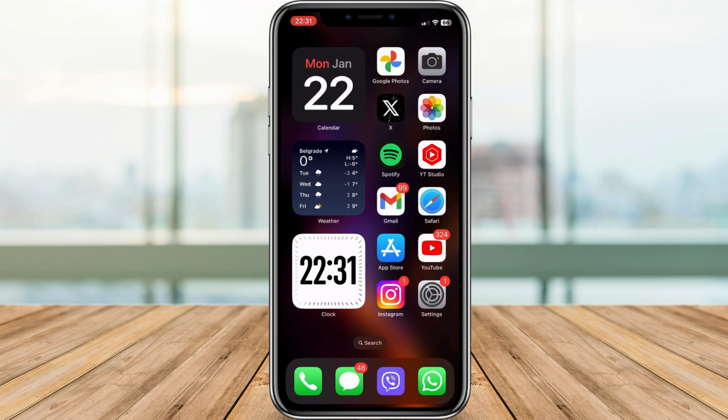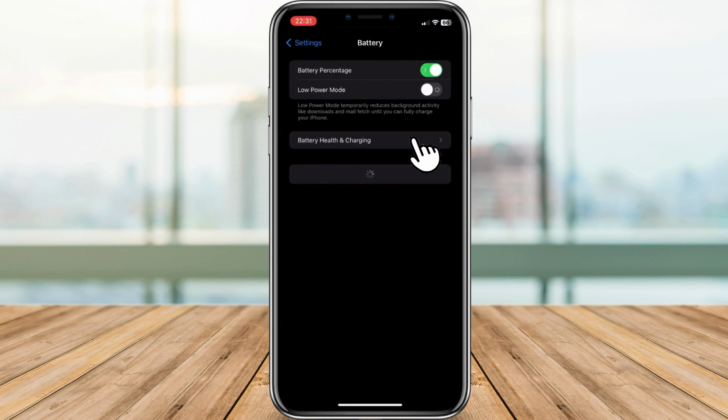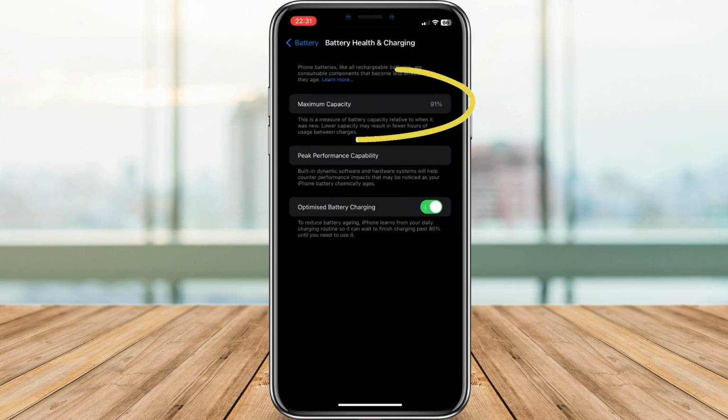Now, let's check on your battery health. A healthy battery is crucial for your device's overall performance and longevity. Go to Settings, tap on Battery, and then select Battery Health and Charging. Here, you can check your battery's maximum capacity and performance management. If your battery's health is below optimal, you might want to consider getting a battery replacement to ensure your device